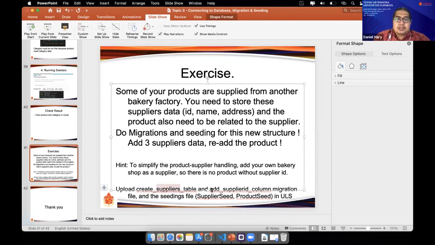Create supplier table and add supplier ID column migration file, and the seeding files, supplier seeder and product seeder, in ULS.